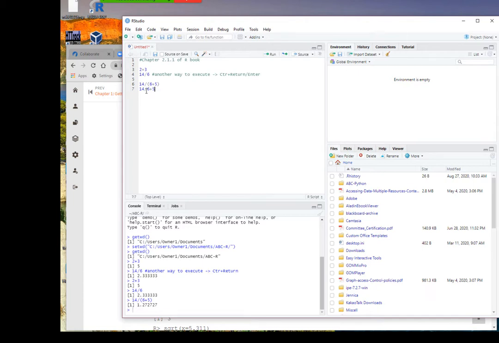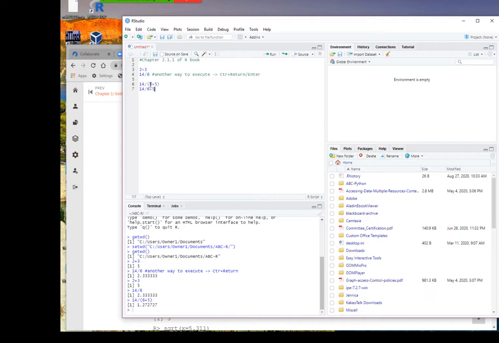Why? Anyone? Yes, order of operations. Yes, order of the operation, because division has a higher precedence than the add sign. So this will be computed first, then the 5 will be added.